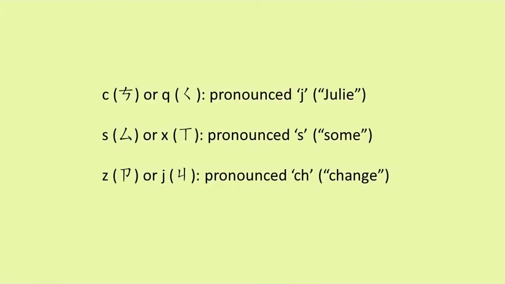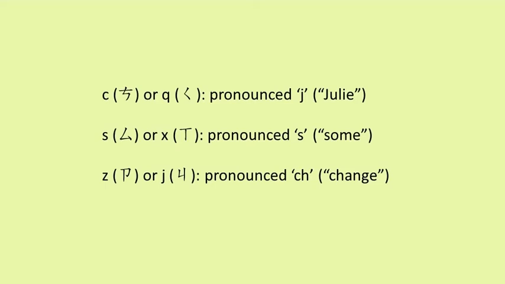In my video number 10, in the discussion of alphabets J, Q, and X in pinyin, I mentioned that the alphabets J, Q, and X have very close relationships with alphabets Z, C, and S respectively. C or Q in pinyin is pronounced as the starting J sound in English word Julie, except with plain lips,